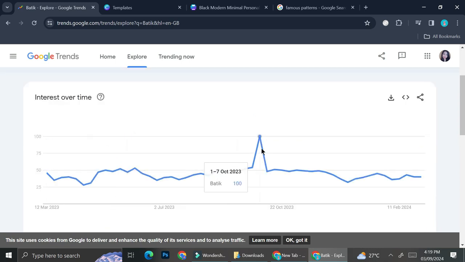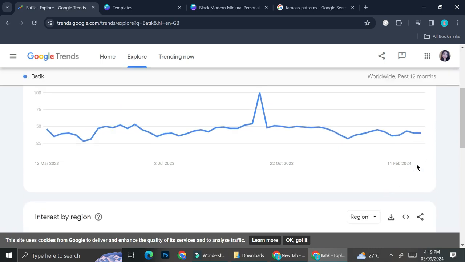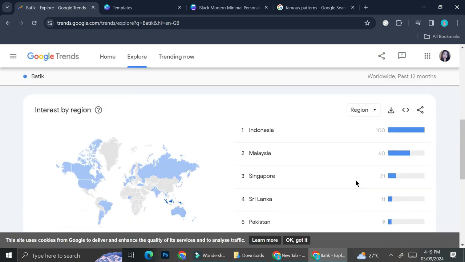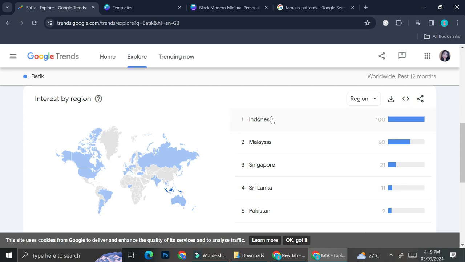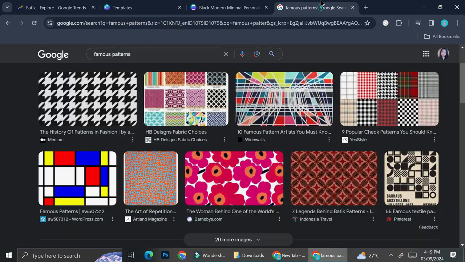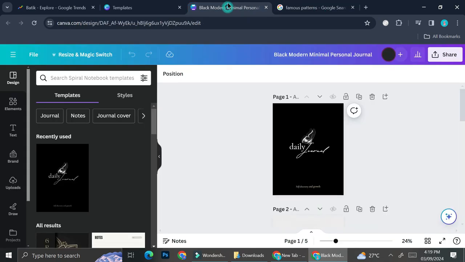So worldwide, it actually gained its popularity around 1 to 7 October 2023. Based on this data right here, it is the most popular around that time. But I don't think that nowadays it has a bad trend. I think it's still okay. So maybe I'm going to work with that. I'm going to use batik as one of the patterns for my